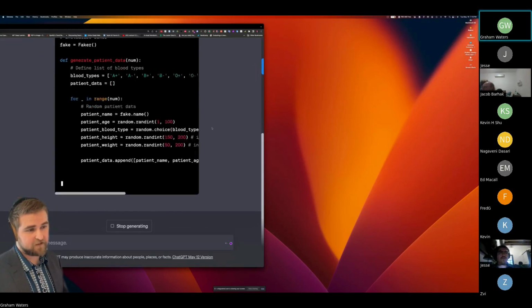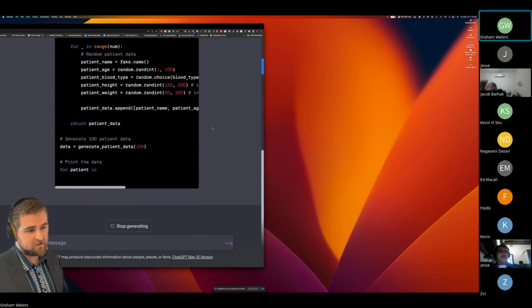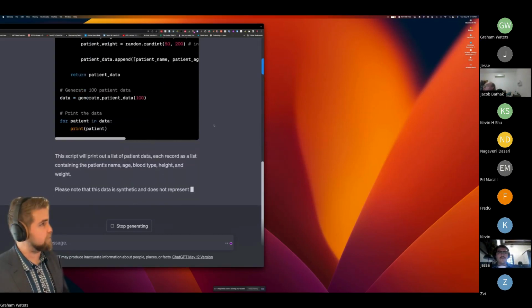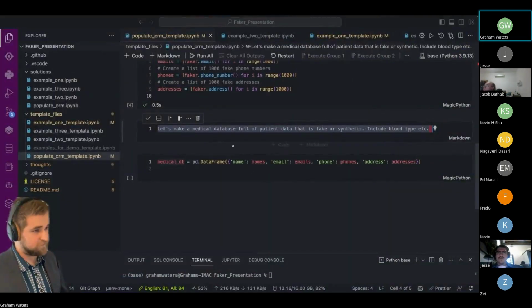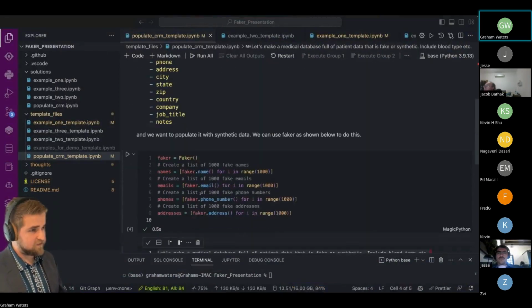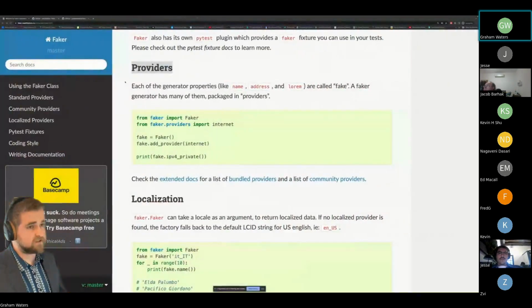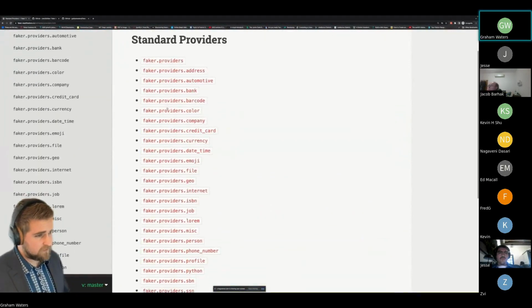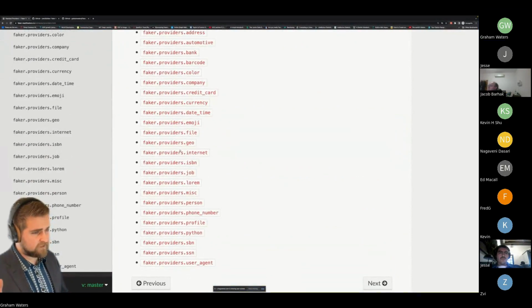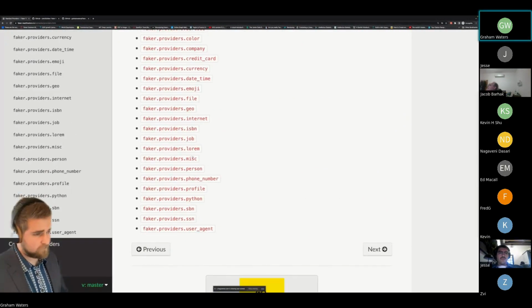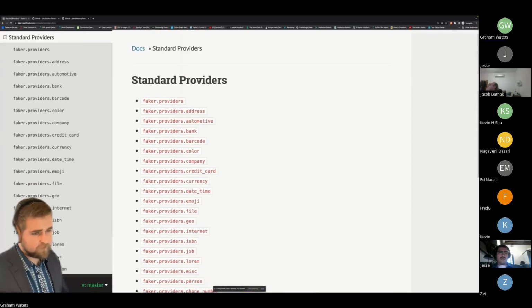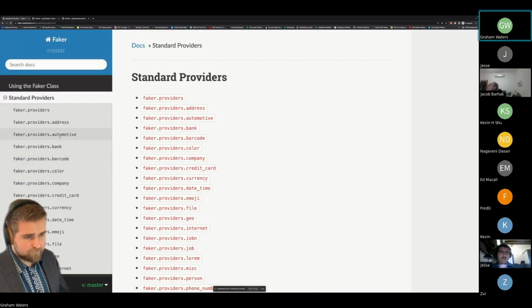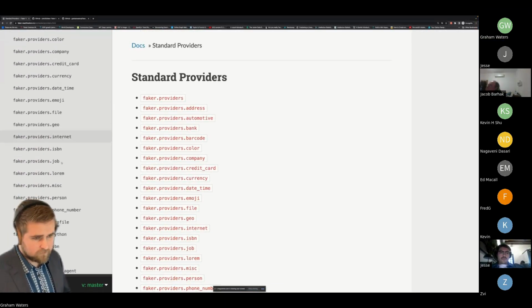Because what we can do actually, if you look at the documentation, is the standard providers. I was trying to go off of what Jacob was saying about medical information. If we want medical information, I believe it has a medical, there it is, person. So this will be interesting. So we want to